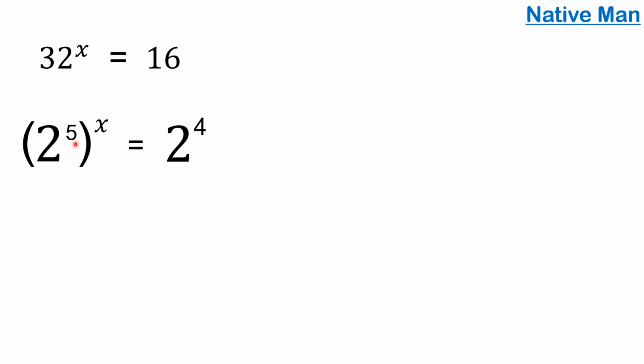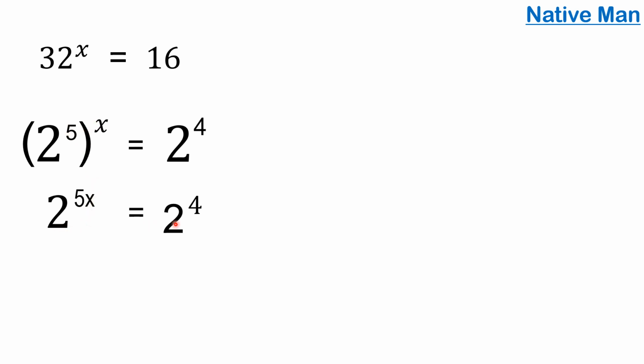Okay, so next we're going to simplify the new exponent of 32 here, which is 5. The rule of exponents is to multiply the two exponents. 5 times x is equal to 5x. So this will become 2 raised to 5x, and then just copy 2 raised to the fourth power. Okay, so we already simplified the exponent here.